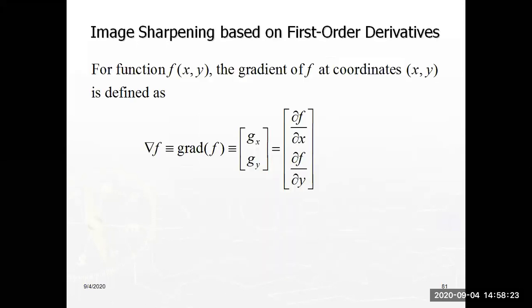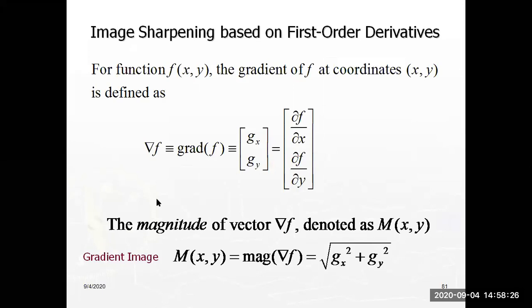The next one is called the gradient. The mathematical representation for the gradient is given by Gx, Gy. Gx is the output for the x coordinate and Gy is the output for the y coordinate of your image. These are the partial derivatives of f with respect to x and with respect to y. After you get the gradient, you calculate the magnitude: the square root of Gx squared plus Gy squared.